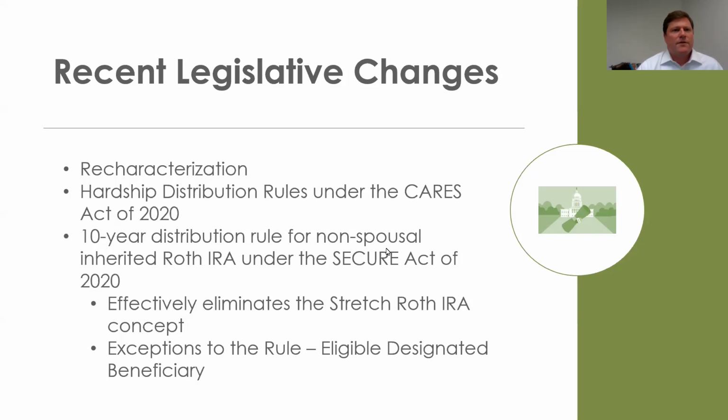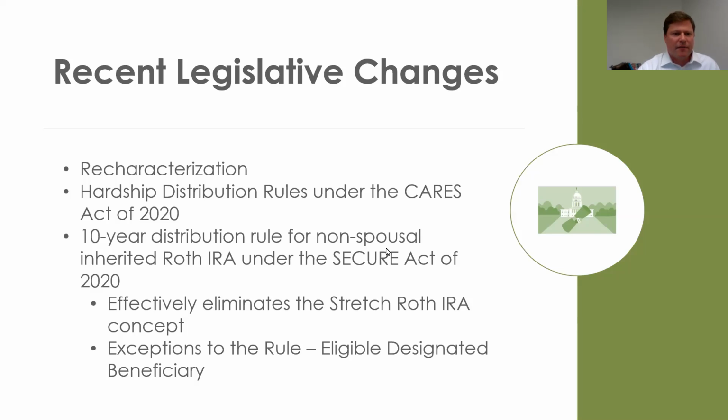What a great way to be able to grow money tax-free for an inheritance situation: pass it on to your heirs. They can hold it for a long time if they're younger and just benefit from that tax-free growth year over year and only have to take out a little bit each year to satisfy that distribution. Well, the Secure Act now changes this distribution to a 10-year distribution. So the account will have to be distributed over 10 years. It can be done at the very end of the 10 years. It can be done in the beginning, anywhere in between, but it has to be done within 10 years.